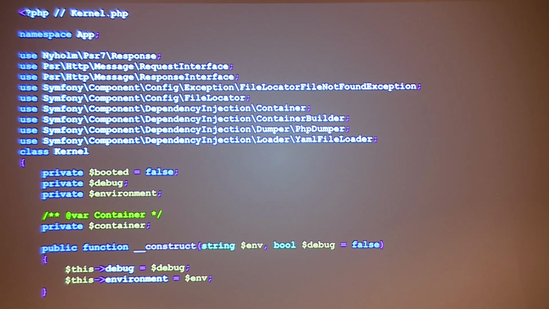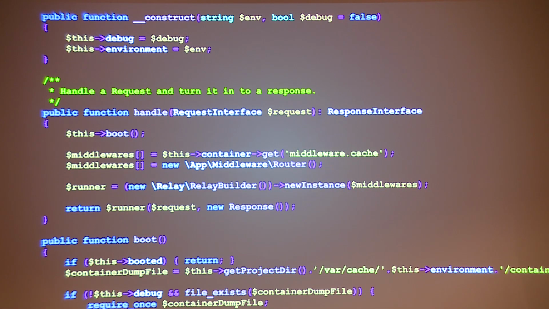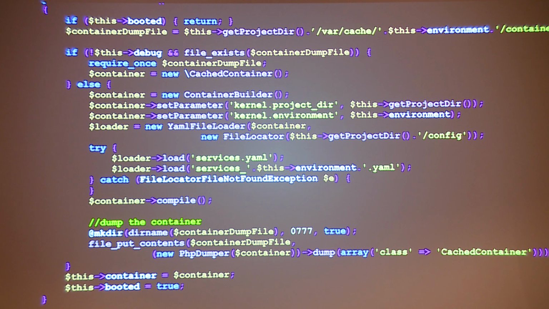It looks like this. I use the normal constructor and I save the properties. And I have the handle function, this is what I copied from index.php. You recognize this? Then the bonus exercise was to cache the kernel, and I'm doing this in my boot function. Here, if I call the boot function and it's already booted, it does nothing. Then I create a path where I should dump it, and I check in this path, have I dumped something before? If I'm in debug, or if I'm in development, or if there is no dump,